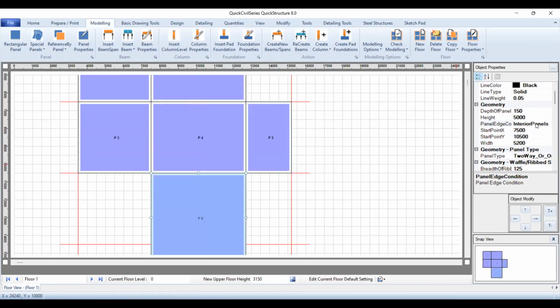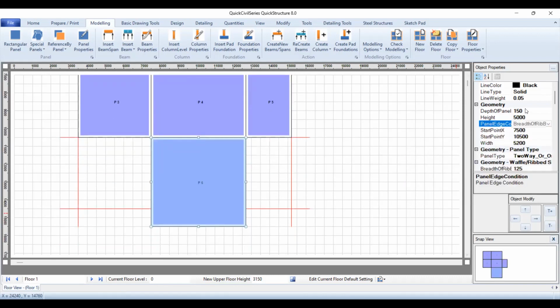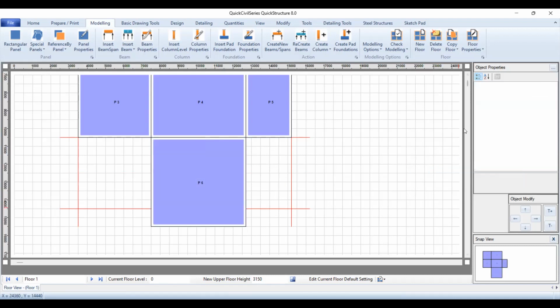This type of panel is 52 what? It is 4,000 by 52. So it passes through 3 edges discontinuous, then one long continuous, because of the 52 side. So after having done that,